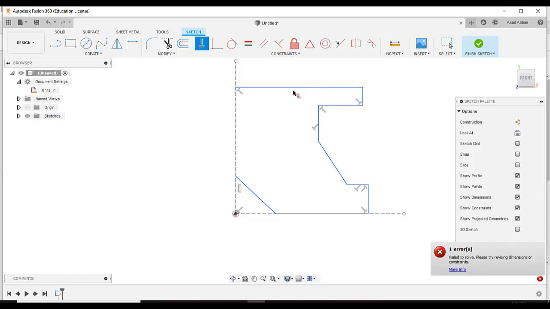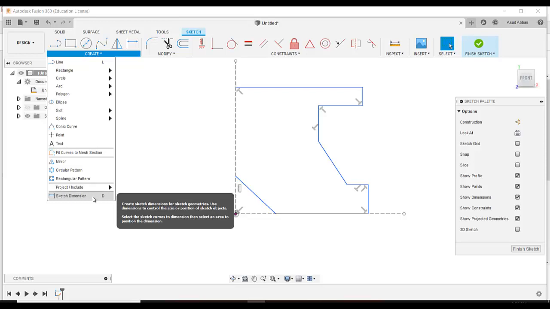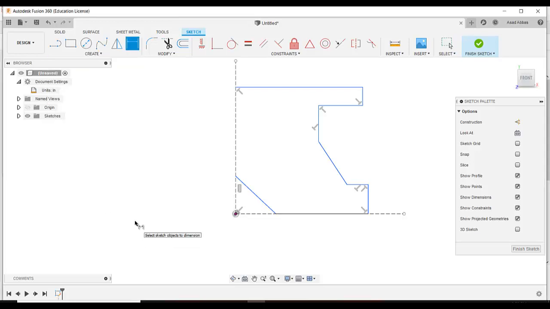We want this line horizontal. It's already horizontal. Then I am going to add the sketch dimension. So select the sketch dimension. So for the dimension from this point to this point, I am going to add 1,